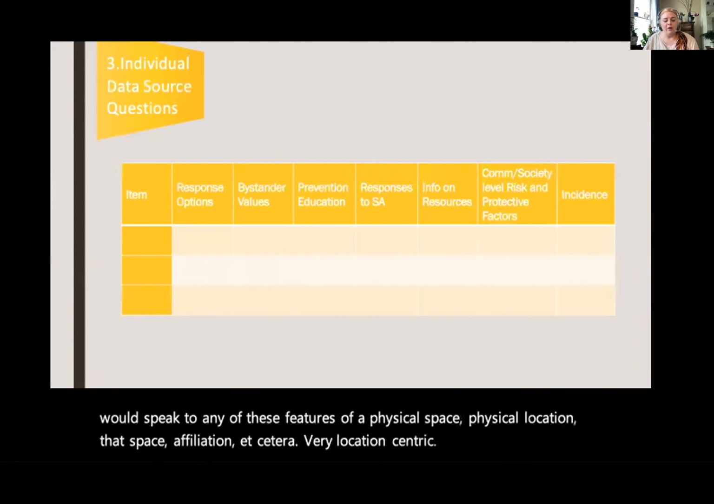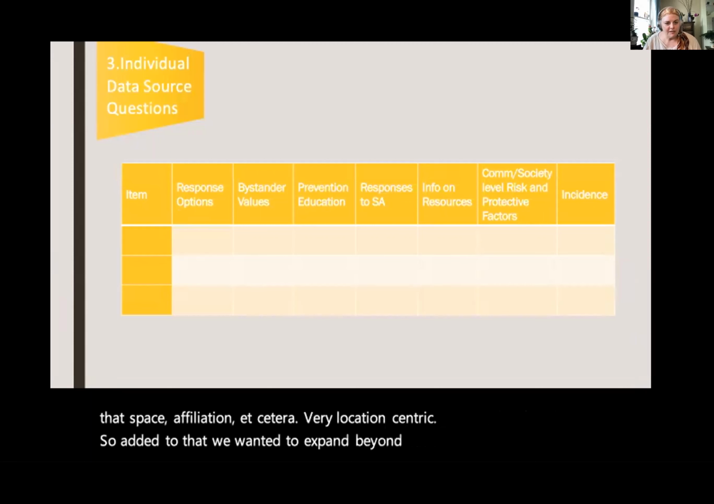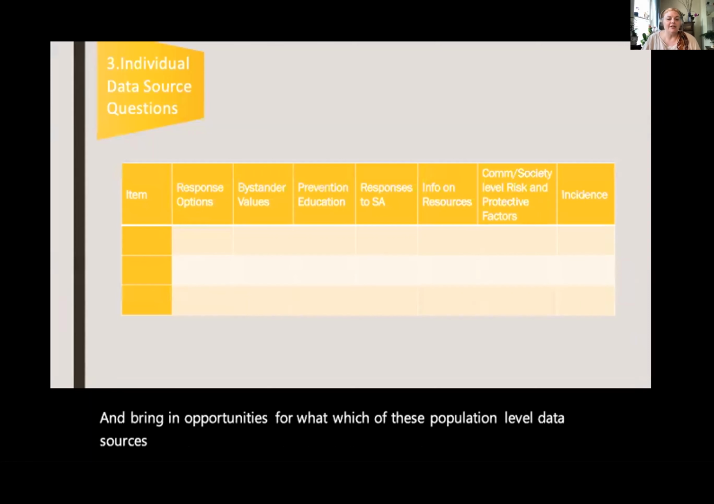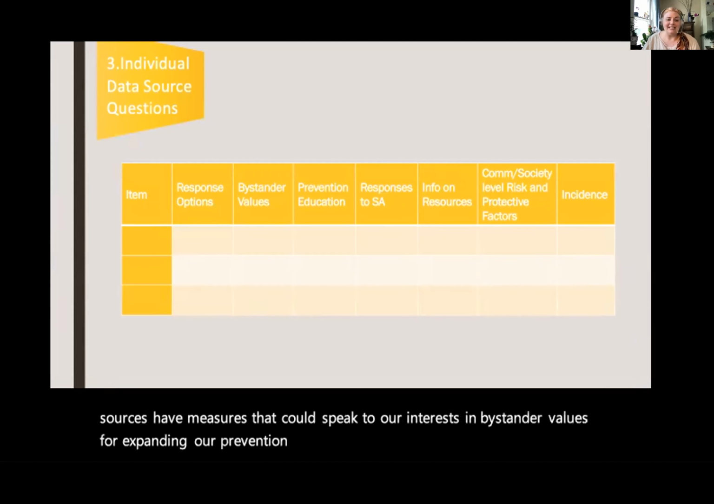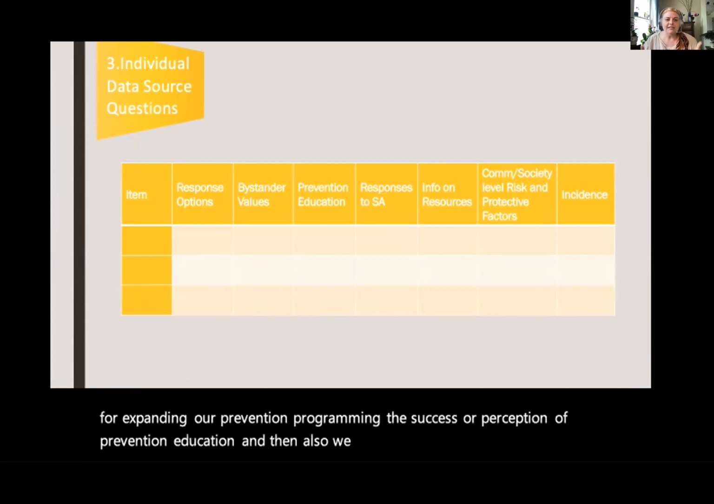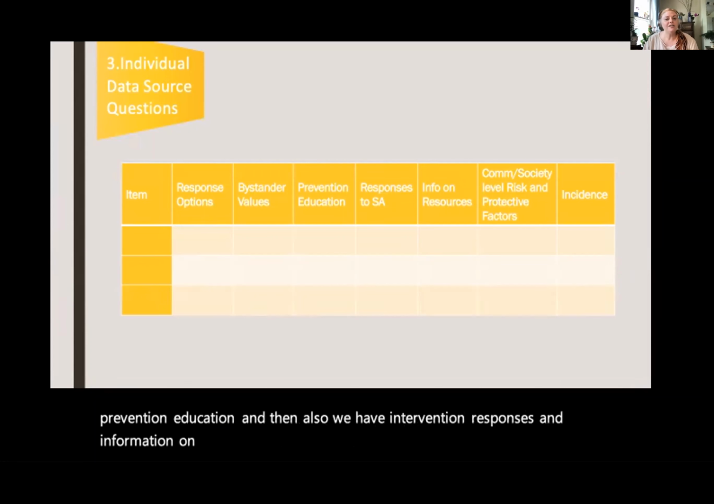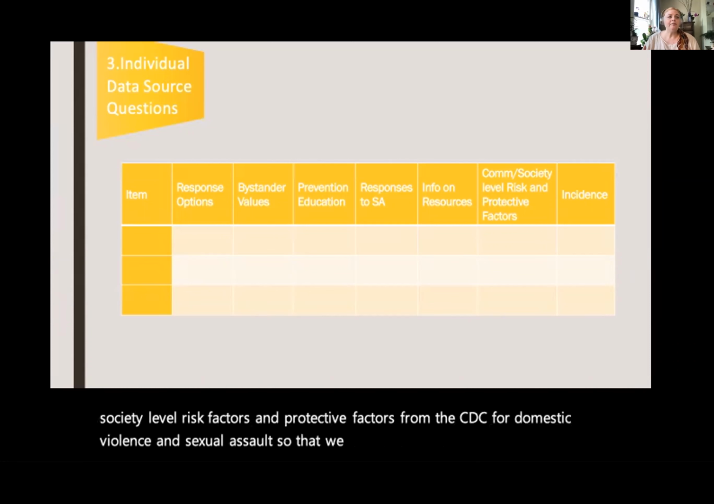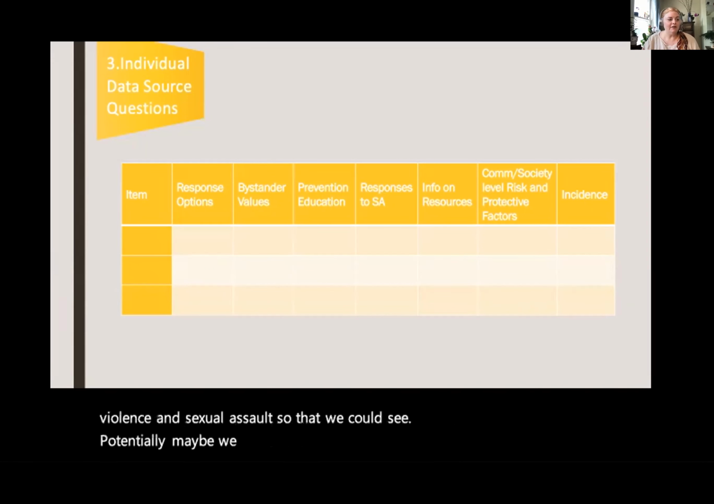So added to that, we wanted to expand beyond a lot of location specificity and bring in opportunities for which of these population level data sources have measures that could speak to our interests and bystander values for expanding our prevention programming, the success or perception of prevention education, and then also we have intervention responses and information on resources, perceptions there. We also added community and society level risk factors and protective factors from the CDC for domestic violence and sexual assault,